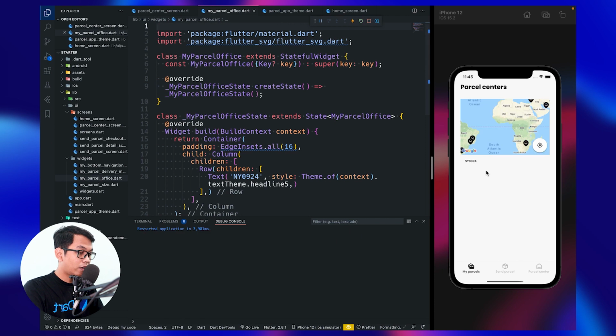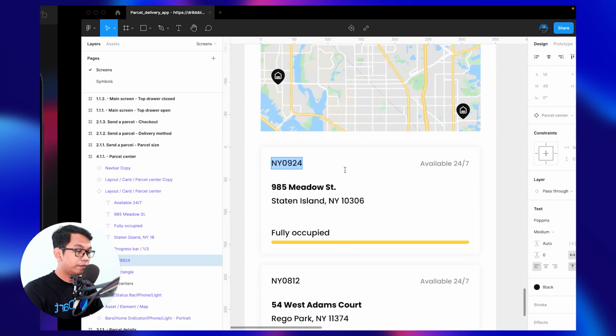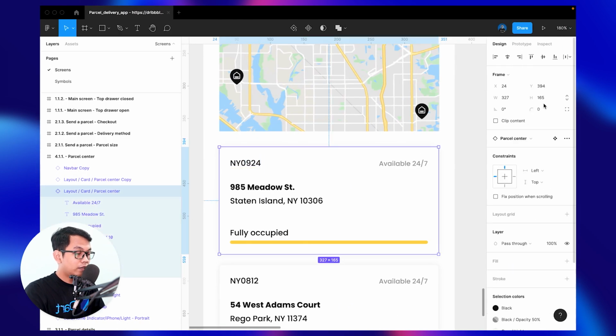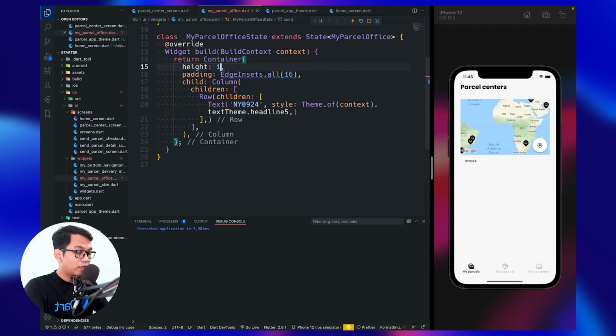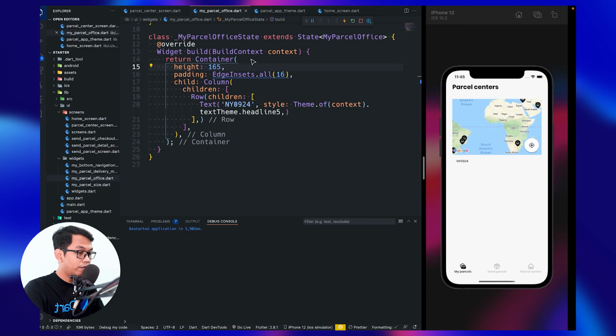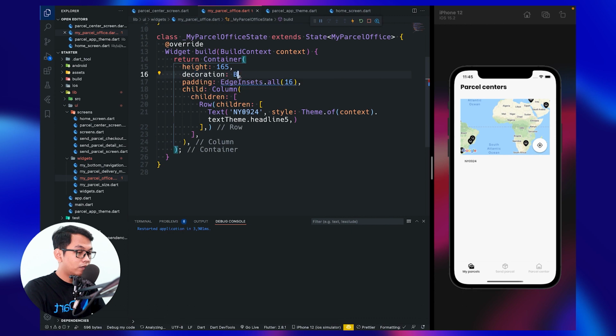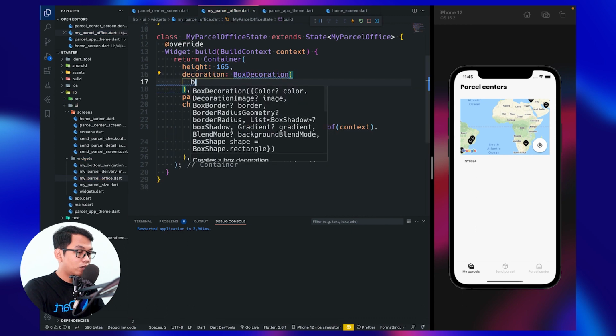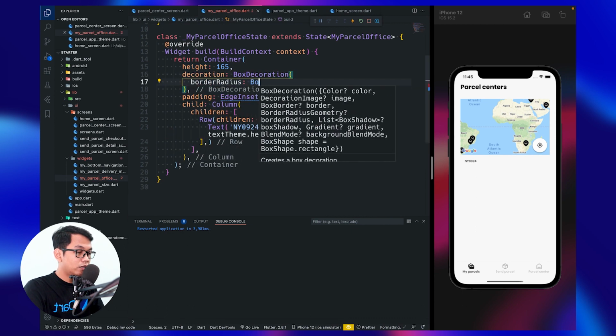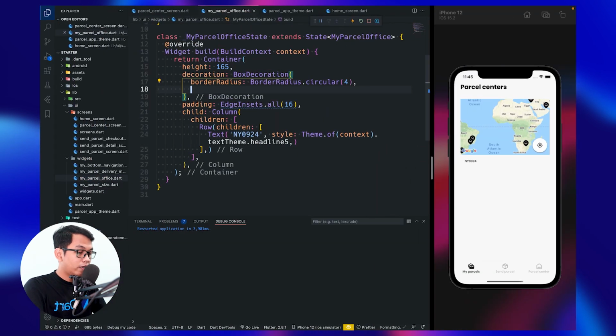Remove this. And now we see, inside our container, we use the height of 165, and we use decoration using box decoration because we have border radius circular 4, and for the color we use background color.